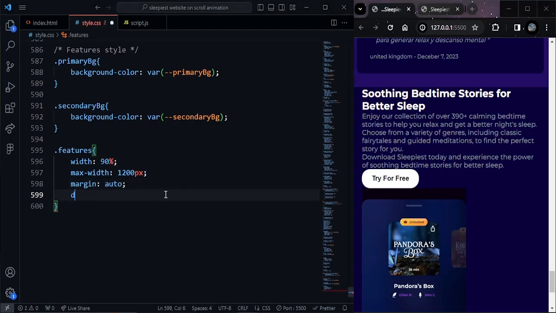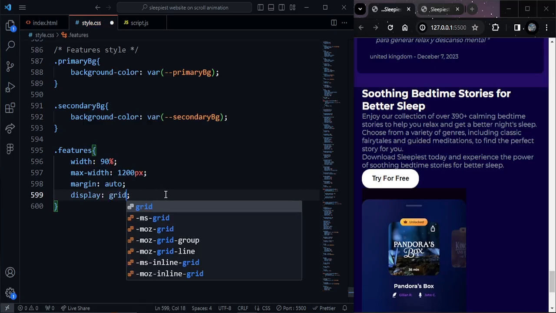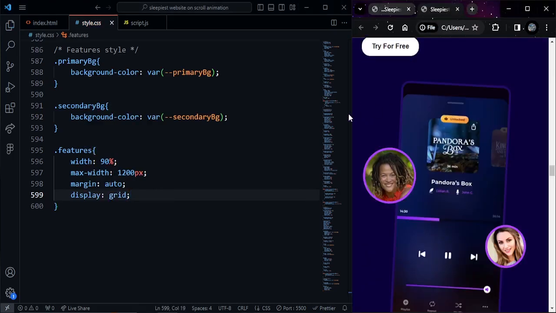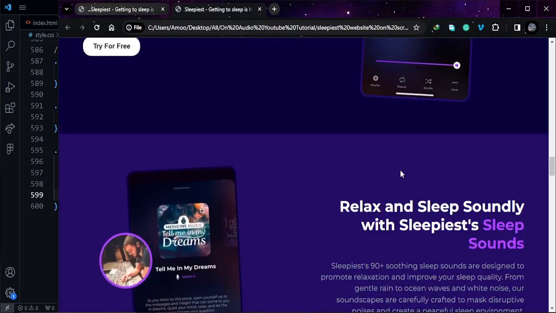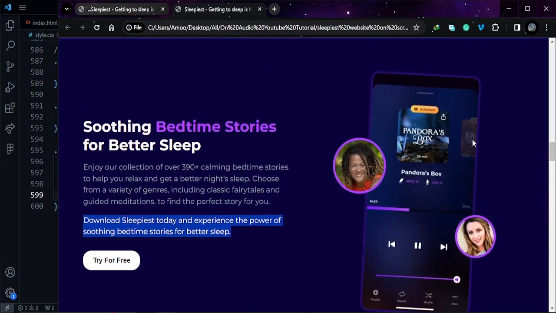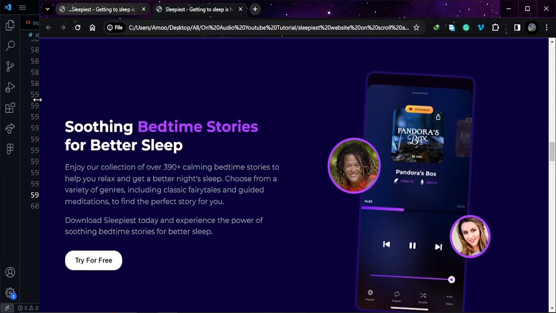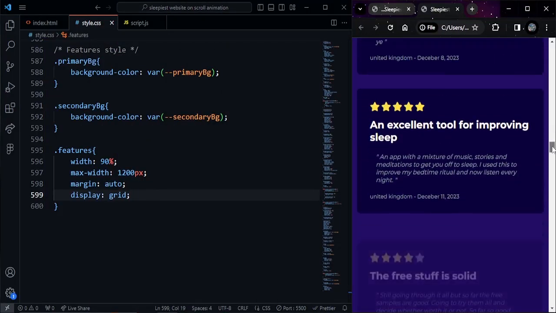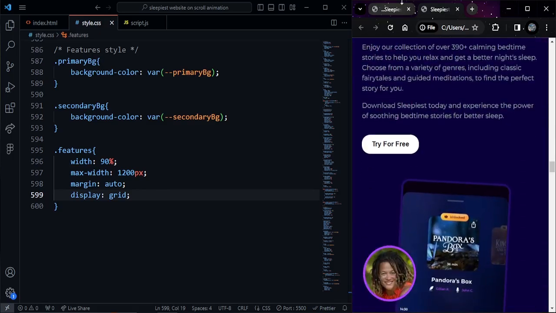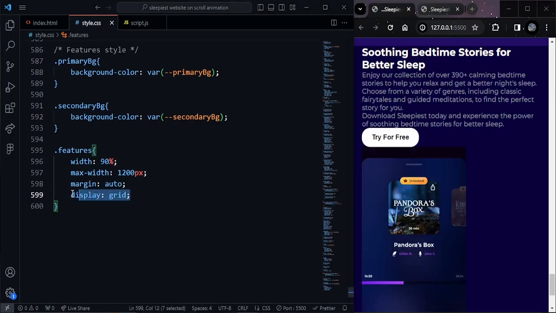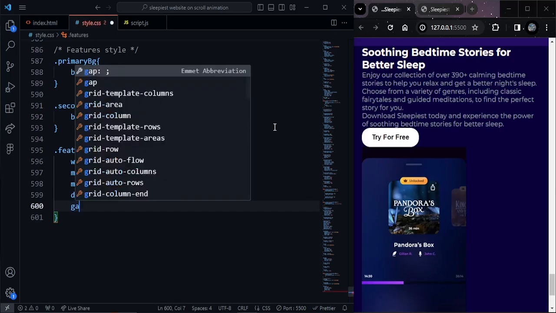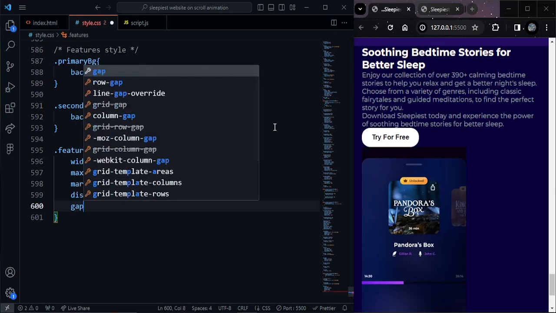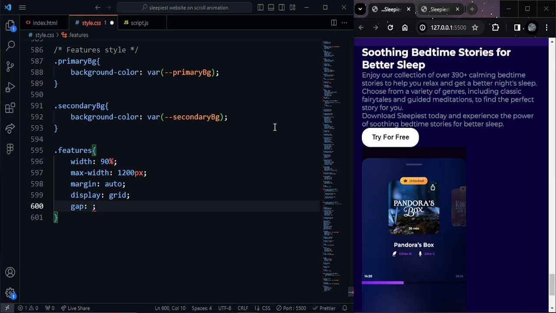And I want to give display grid because later for the desktop size, both the feature description and the feature pic are displayed in a row. So for now, for mobile, we can display it vertically. By default, display grid displays items vertically. So the gap between the feature description and feature picture will be 4 em,